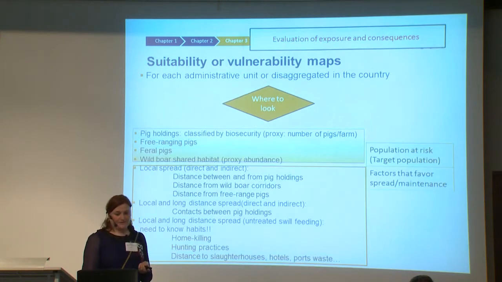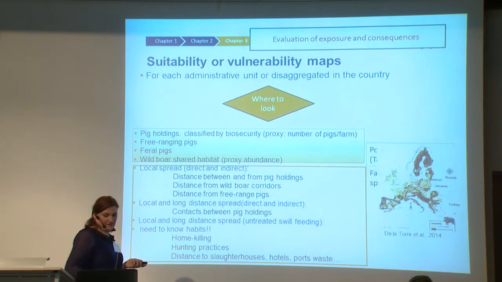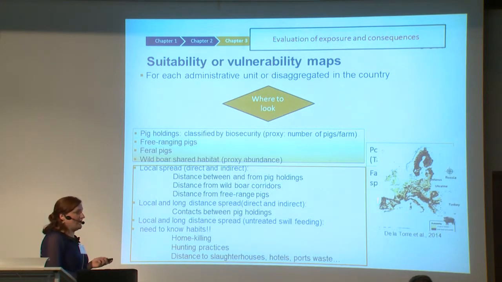So there are plenty of tools to do this. And I'm not very sure how many of them are being used or why they would be used or not. One, for example, is the suitability map to map the population at risk and the factors that favor the spread and the maintenance. For example, we've done this with wild boar because the